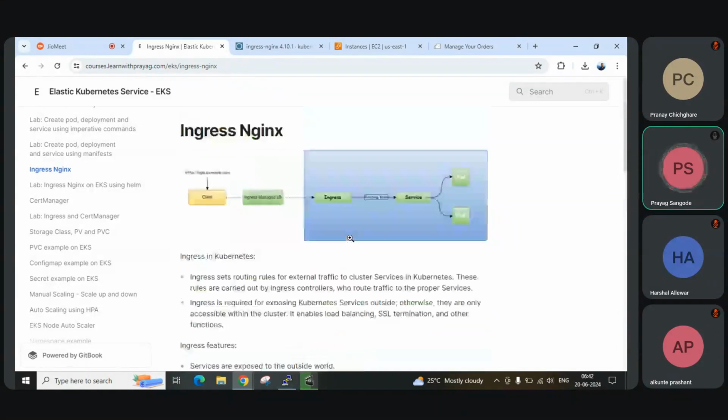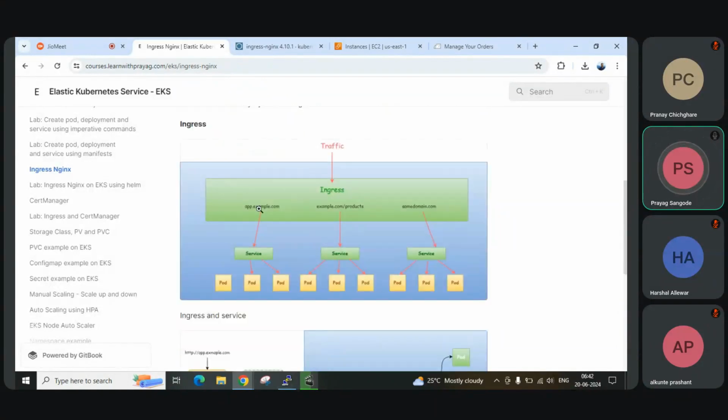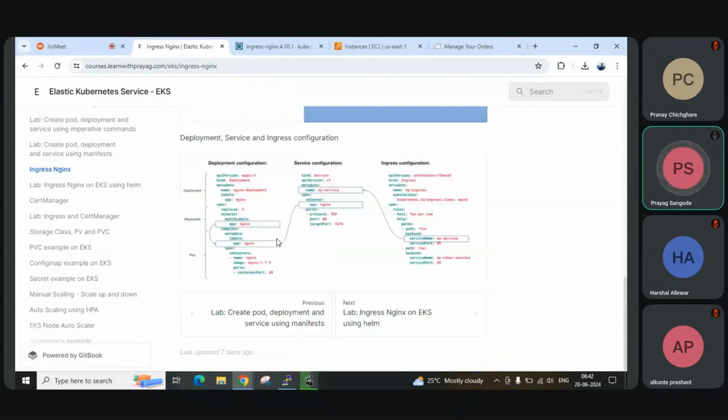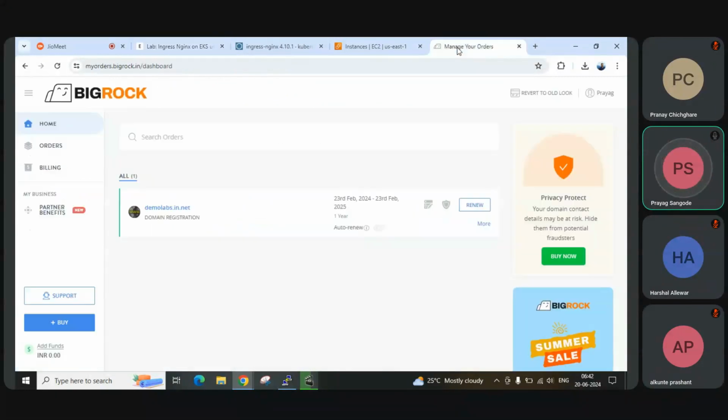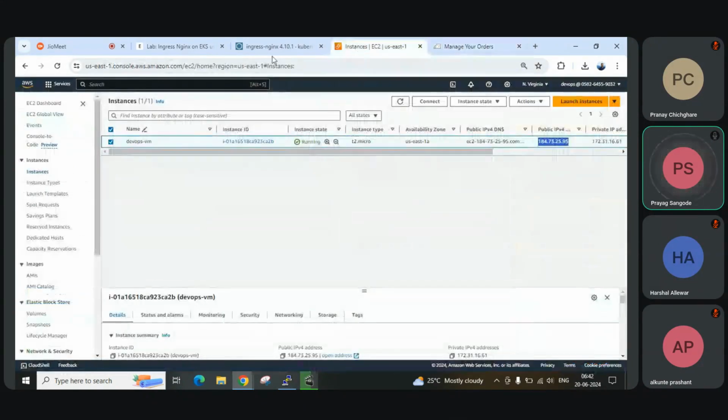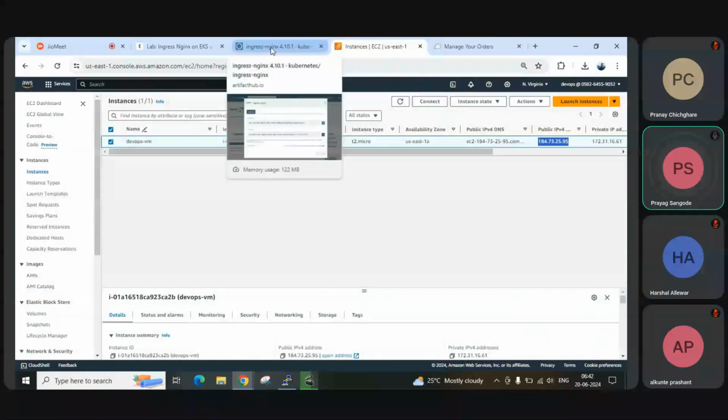Okay, but yesterday, whatever we saw, we saw it on the example.com domain. Today we'll see it on a particular domain which we registered last time. So I registered this demolabs.in.net, which I will use for the demo, and on top of it we'll be installing